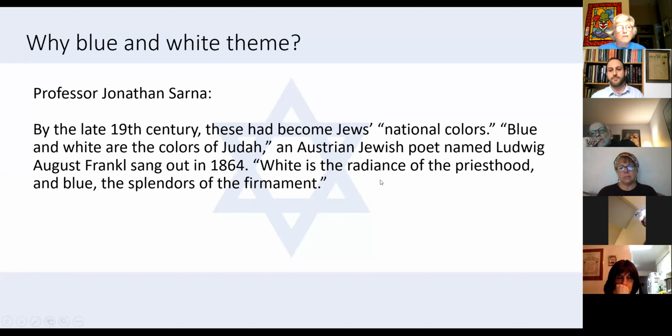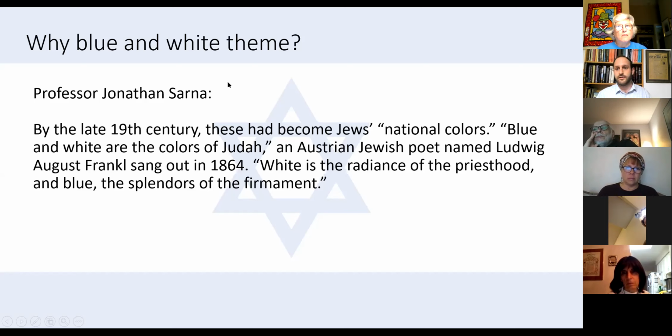White is the radiance of the priesthood, and blue the splendors of the firmament. So it became well known that blue and white were Jewish colors. So the question is, well, how did we get to that? So you see here, white is from the vestments of the Kohanim, of the priests in the temple. And then blue, the splendors of the firmament, we'll have to get back to that one because as to what that means. So, but again, the blue and white,